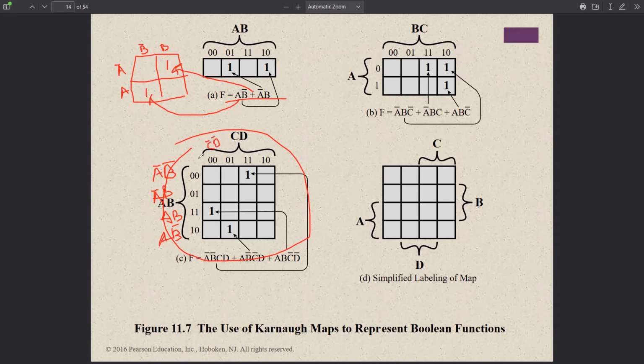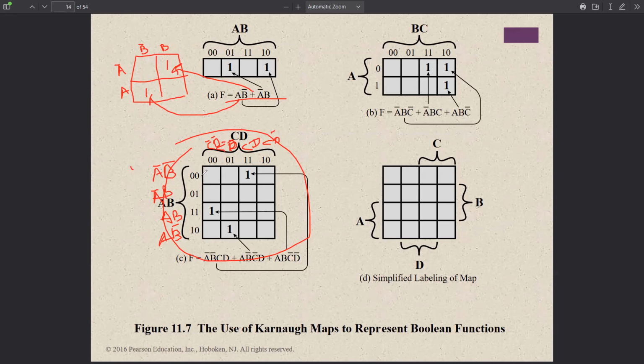C bar D. Actually, you can start from A, B, and C, D as well. It's okay. But as a tradition, we always start from the negation A bar, B bar, C bar, and D bar. And only you can change one variable at a time. So here I'm not going to change C, but D. So it is C bar D. And here CD and CD bar. So A bar, B bar is